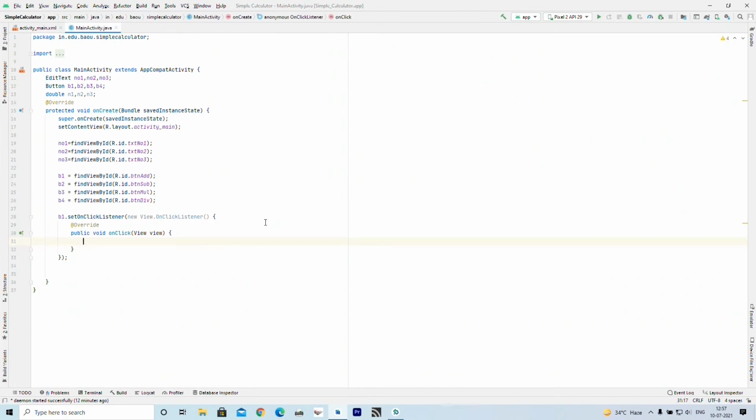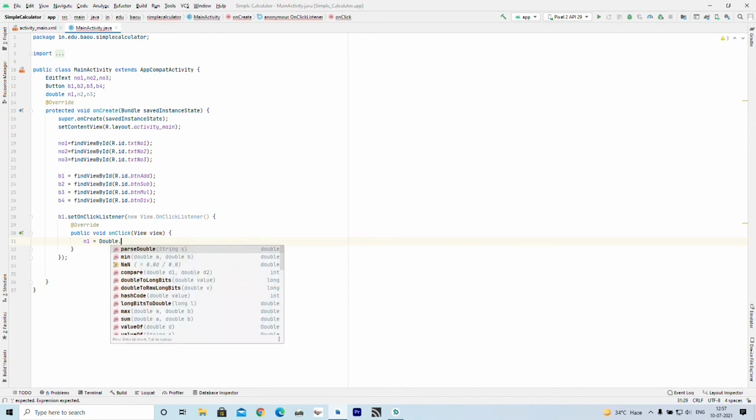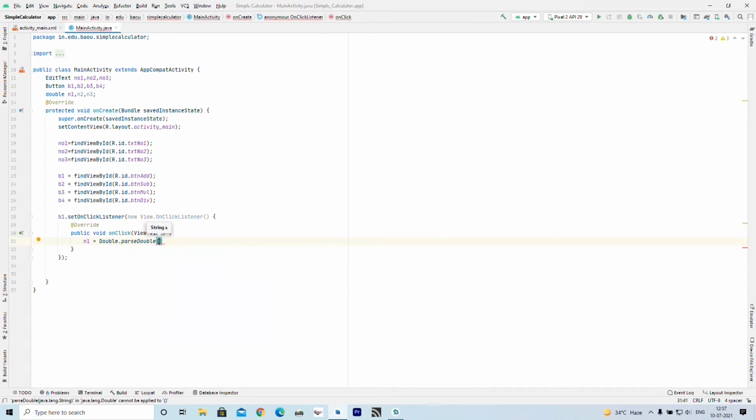So, to get the value of the first edit text in n1, I write n1 is equal to, here I am using the Double class and its method parseDouble. Now, it takes a string. Which string do we want to convert into a double value? We want to convert the edit text 1 value, represented by the no1 object.